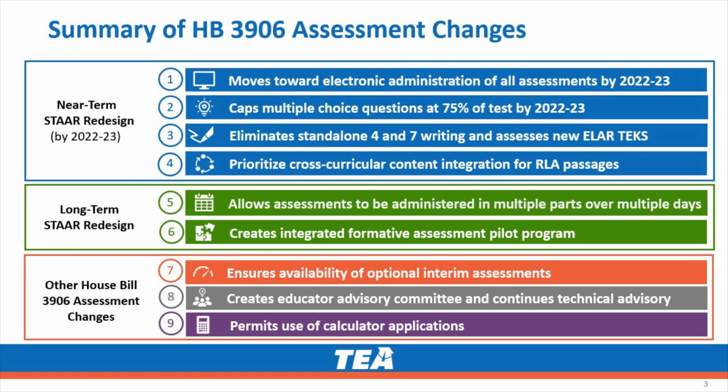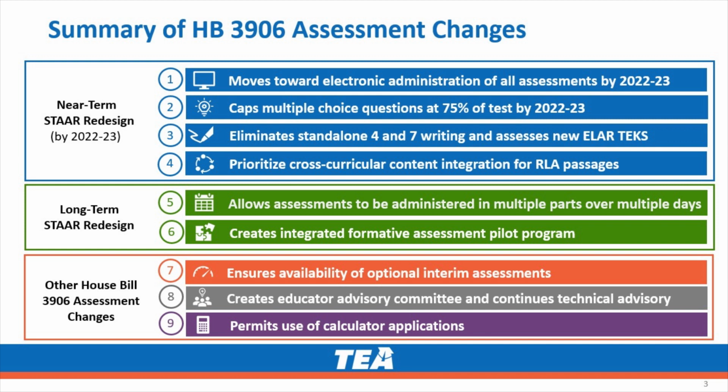House Bill 3906 creates a number of transformational changes that will advance the way Texas measures the academic performance of students. The assessment changes strengthen the STAAR program, which has been proven to be a valid and reliable measure of student understanding of the Texas Essential Knowledge and Skills, or TEKS. House Bill 3906 influences a near-term STAAR redesign that contains multiple components. Educators and other stakeholders will continue to play a large role in the planning and design process for changes that will be implemented in the